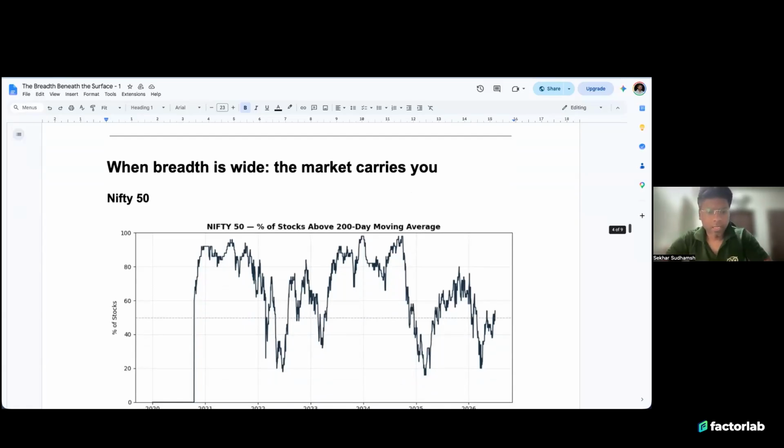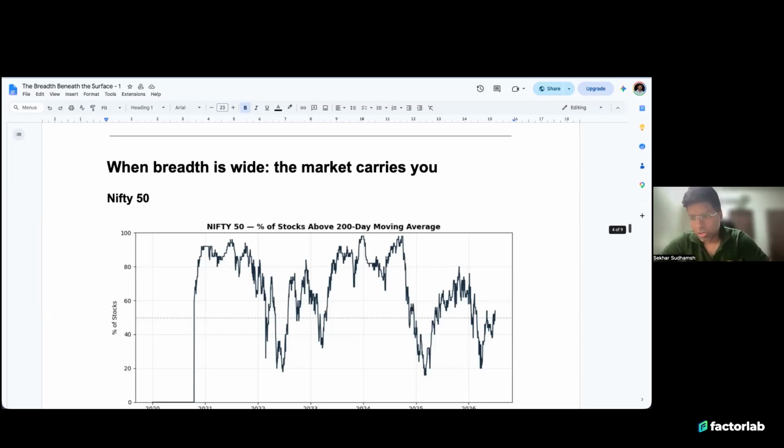Market breadth is basically, let's say, the Nifty 50, which has 50 stocks, is doing well. It is rising well. But underneath it, there are 50 stocks, and all these 50 stocks might not be doing well. Maybe only a handful of stocks may be doing well, and these stocks are actually pulling up the overall index. Then basically what is happening is that few stocks are doing really well and the majority of the stocks are not doing good.